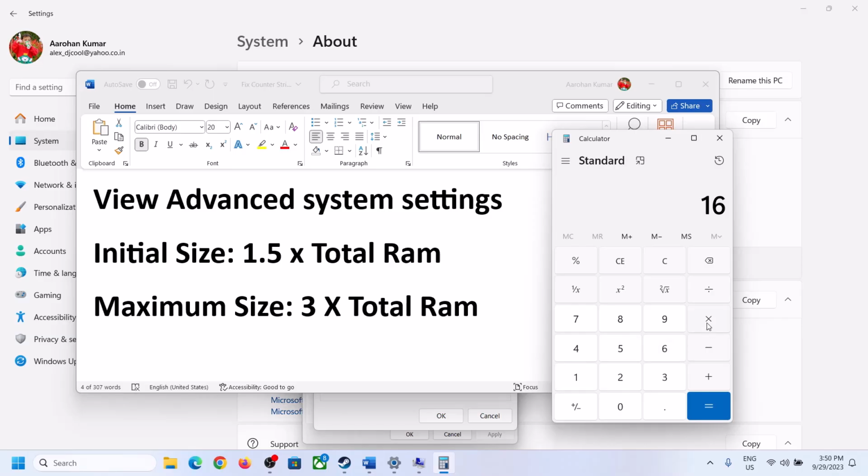16 into 1024. 1024 is because 1 GB is equal to 1024 megabyte. So 16 GB in megabyte will be 16384 into 1.5. 1.5 into total RAM. This is my total RAM in megabyte. Now 1.5 into total RAM, that is into 1.5. So in my case initial size is